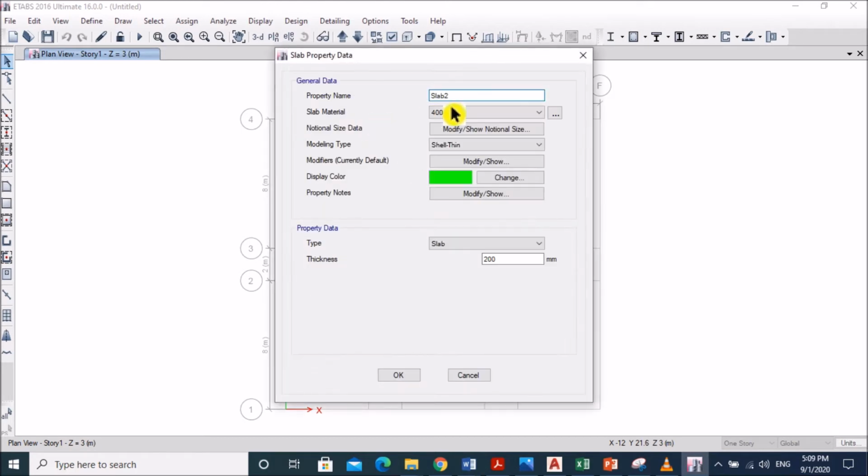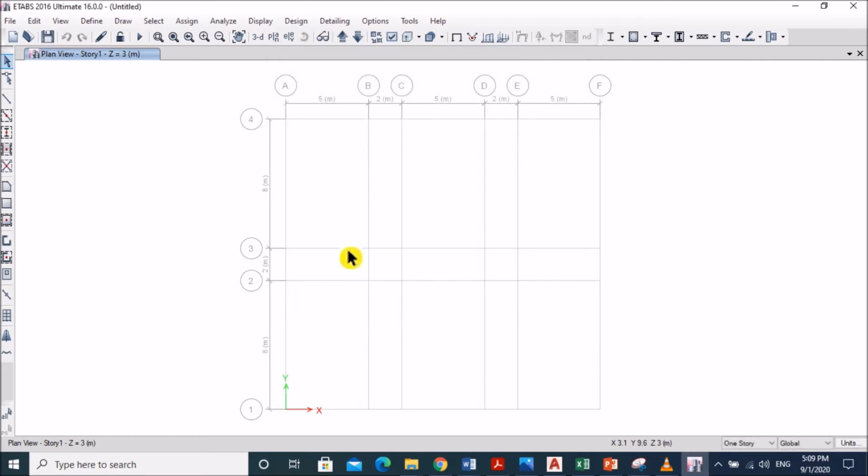Add new property, then thin shell, that is M30, and this should be thin shell modeling type, the thickness is the same. OK. Again add thick shell now, THICK SHELL, choose M30, it should be shell thick, and slab thickness will be 200. OK. Now we have completed the definition of sections and materials.